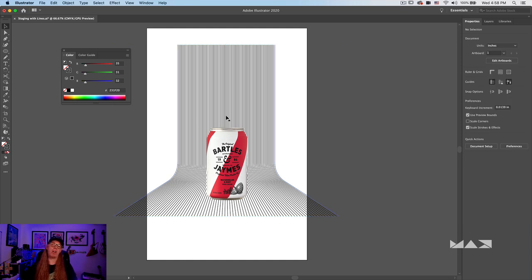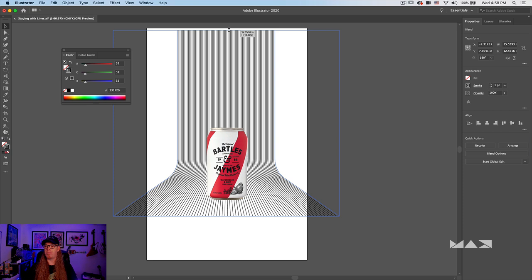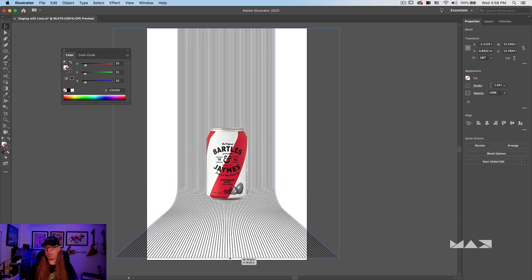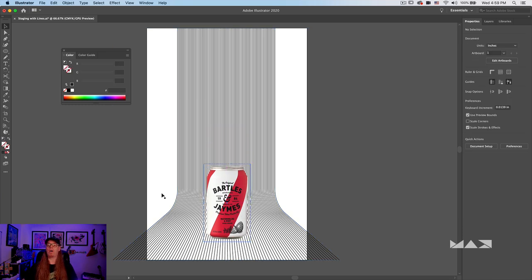And so from here, you could start experimenting with different colors. Do you want to wash it out to transparency? Or maybe I just stretch the whole object to the entire size of the artboard. So as we lay this out on the piece, we can then move the product back in. And this gives me a pretty good stage for being able to put in text copy as a poster environment. So that's another way of playing with just something as simple as the pencil tool or the pen tool, a basic line, and then using blend to change the form and appearance that we're using in our design.